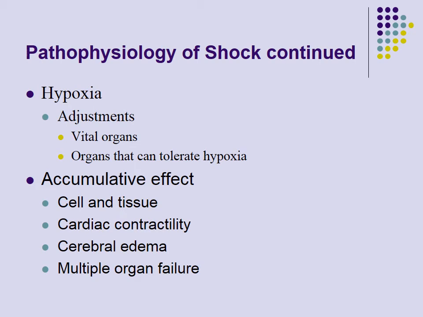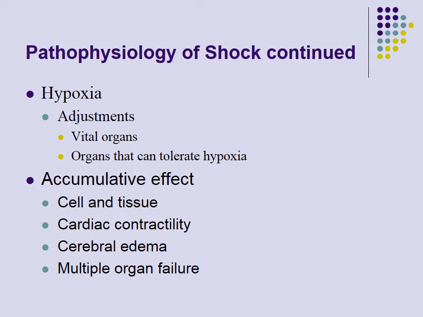So as these changes start to occur, my mean arterial pressure is dropping, and the anaerobic conditions are increasing. It's going to result in more and more hypoxia. I'm going to have decreased perfusion of my organs and that loss of oxygenation, so my body has to do something to compensate. There are certain adjustments my body's going to make as it perceives that it's not getting enough oxygen to the organs. First off, it's going to shunt